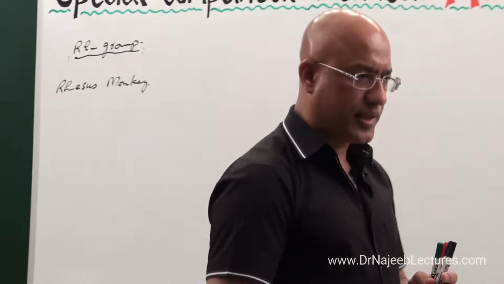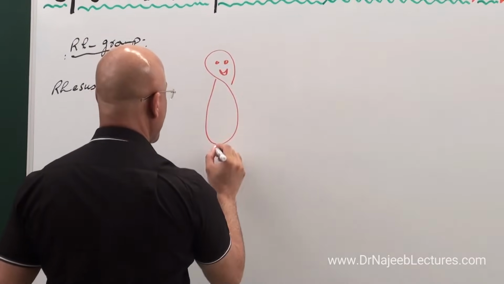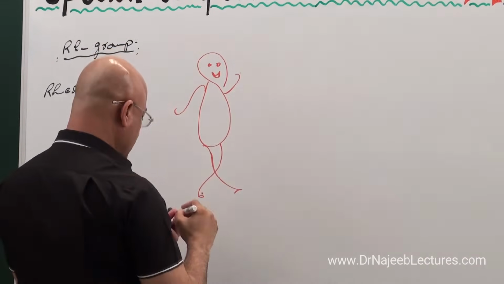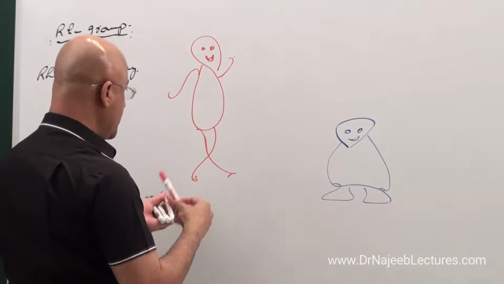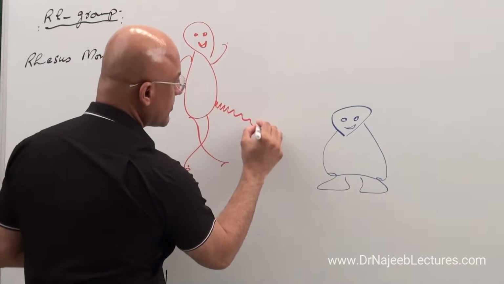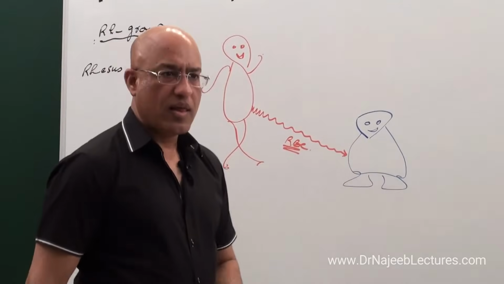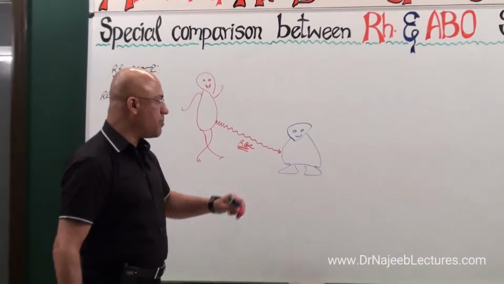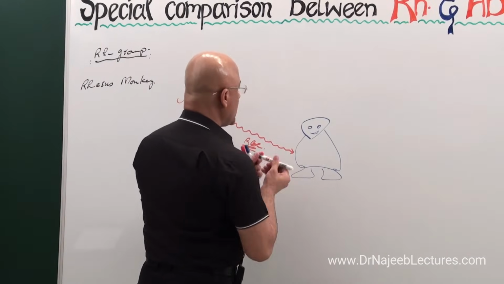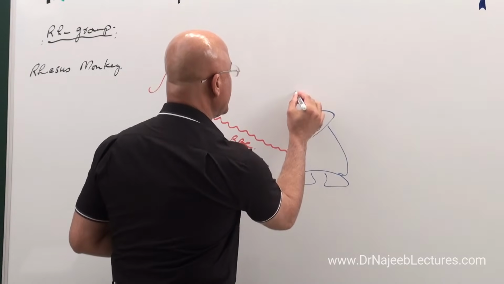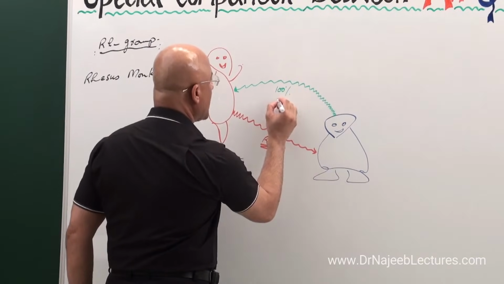What really happened is that around 1940, during some experiments, red blood cells from the rhesus monkey, that's a happy monkey, were injected into small animals like rabbit. These RBCs from the rhesus monkey were transfused into the circulation of a rabbit or guinea pig, right? And then they found that the small animal was making antibodies, right? And those antibodies were able to cross-react or agglutinate 100% of the red blood cells from all rhesus